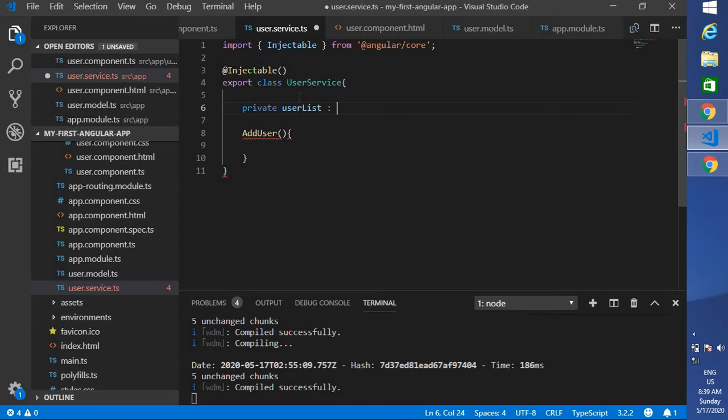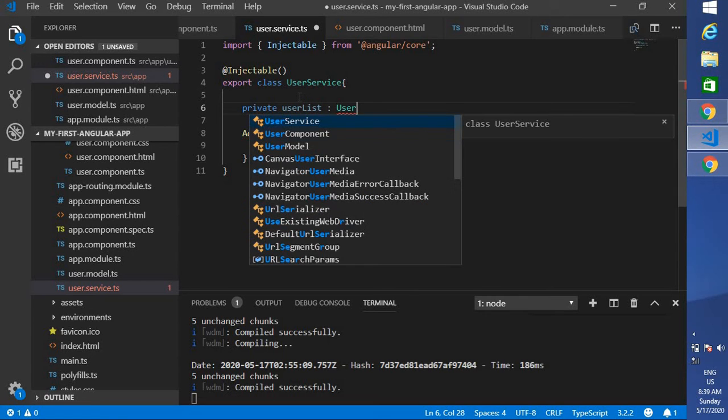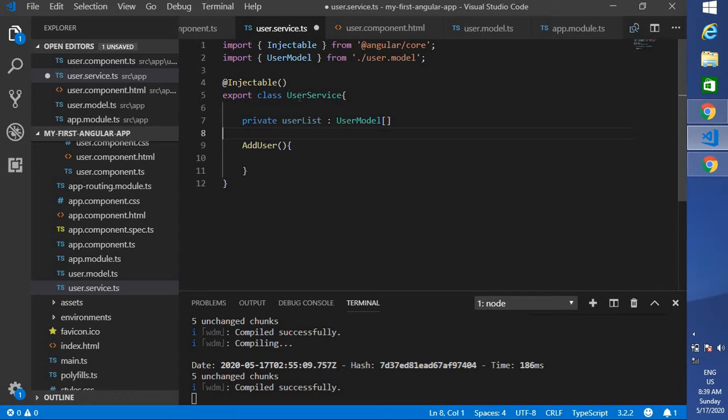I'm going to store a user list. What is the type of this one? This is a user array type, so you can mention user model array type. Initially it should be an empty array. I have done it. Now in this add user, whenever you add a user, I'm going to pass in here user, of user type.